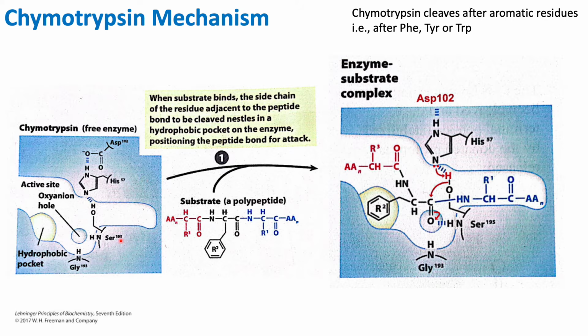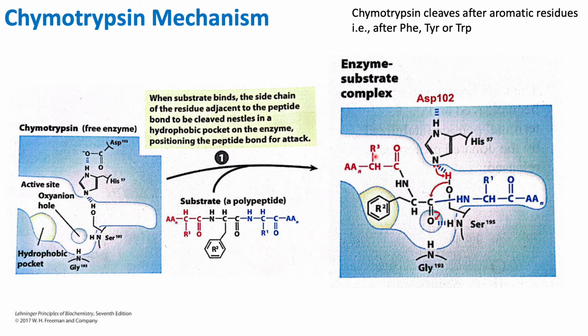Now, these 3 amino acids, aspartate 102, histidine 57, serine 195, form a catalytic triad, meaning that these 3 amino acid residues work together in the active site in order to cleave our peptide bond after